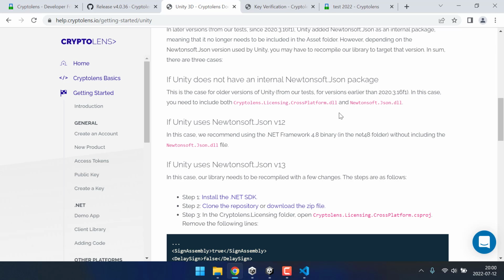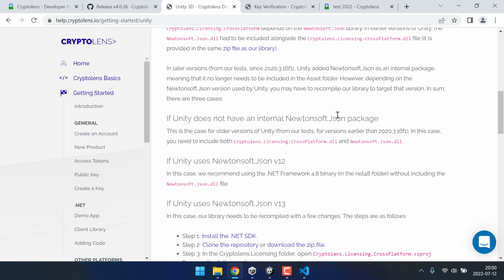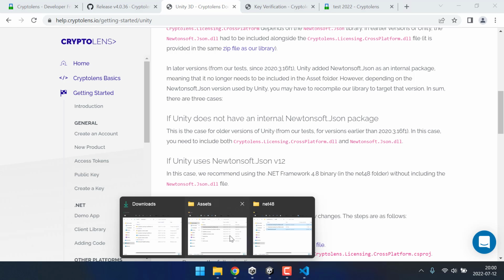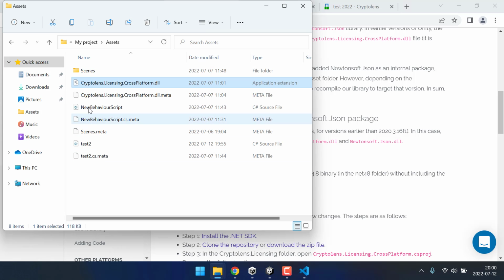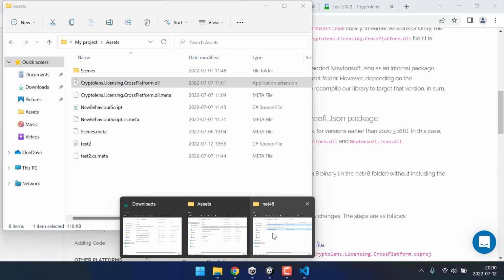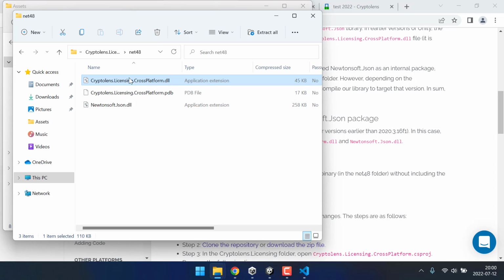It will detect there are two packages that are the same, so it will complain and won't work. But an easy solution, if you know that your Unity version targets Newtonsoft JSON 12, is to just include Cryptolens licensing cross-platform and skip